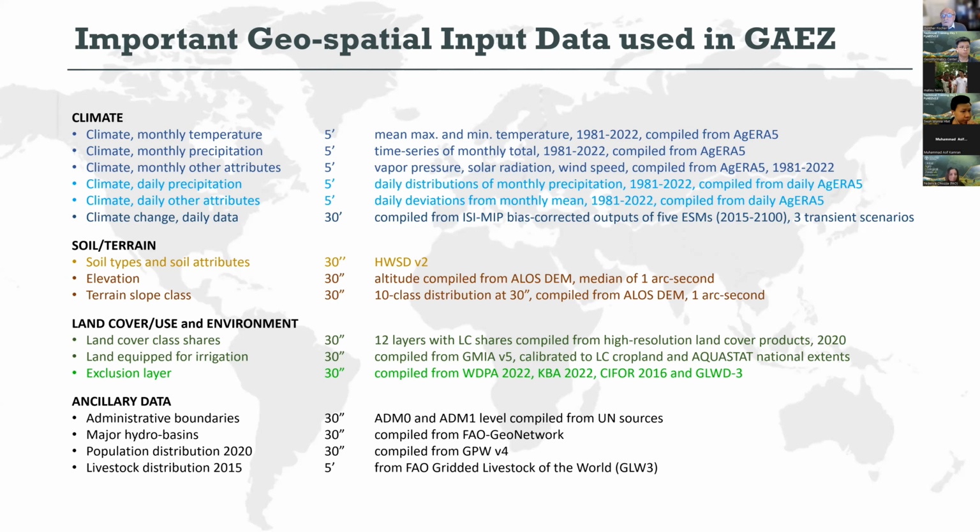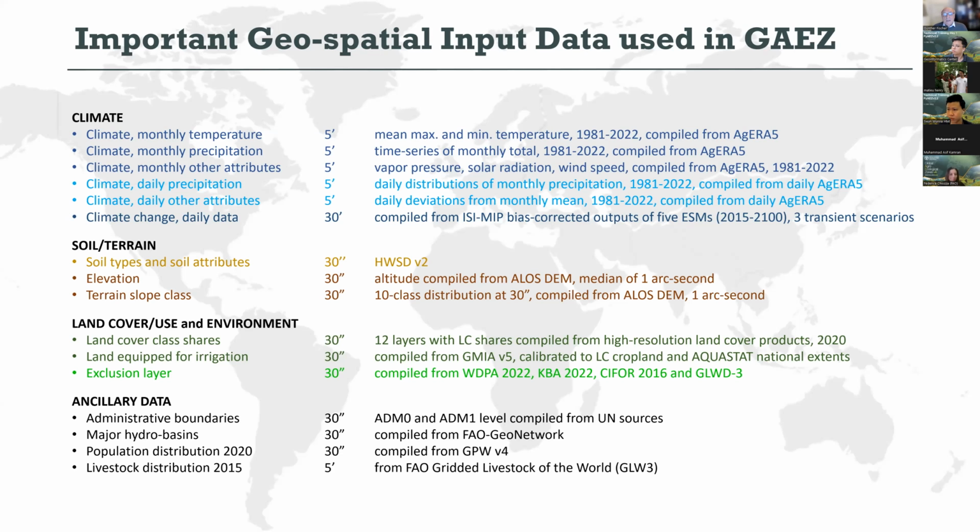1981 to 2022. And these data are monthly or annually updated, so there will be a series for 2023 available soon, and so forth. The data are rasterized data. The original AgERA resolution is 0.1 degree, which is 6 minutes, and has been spatially refined to the standard Global AEZ raster information at 5 arc minutes resolution, which is about 10 by 10 kilometers at the equator.